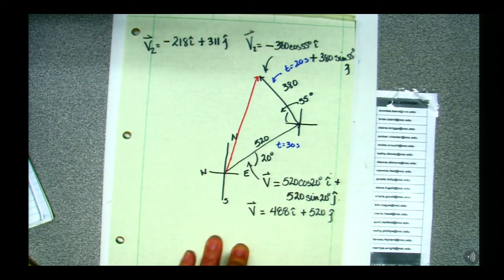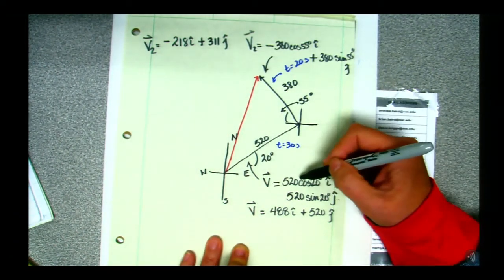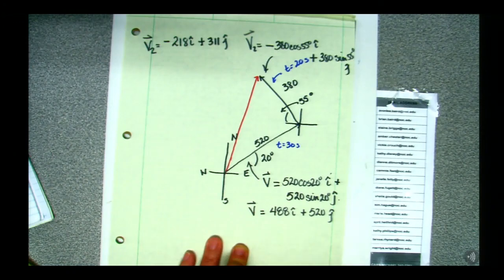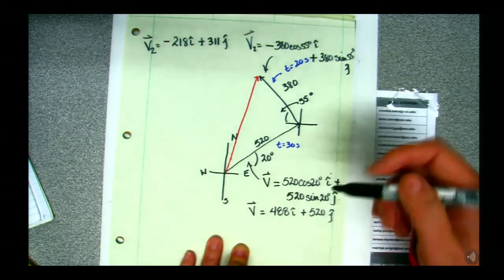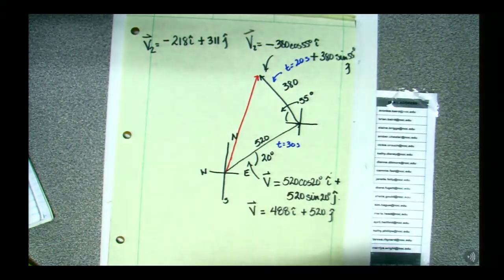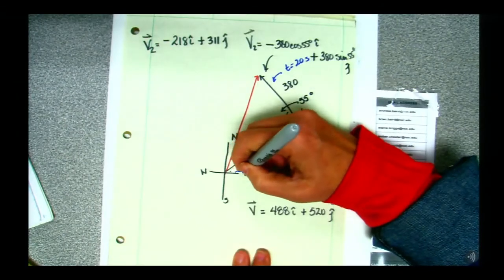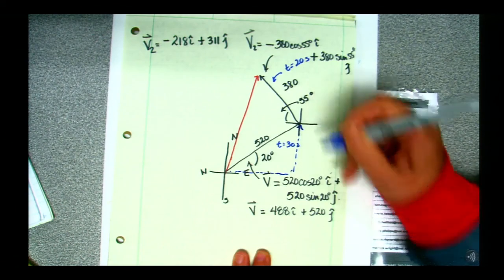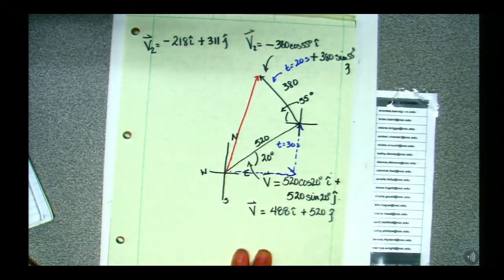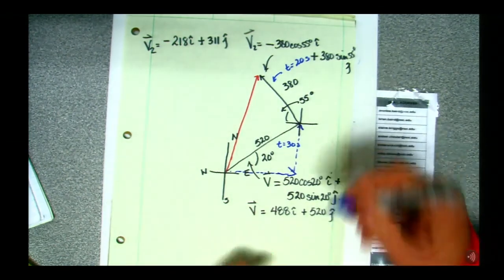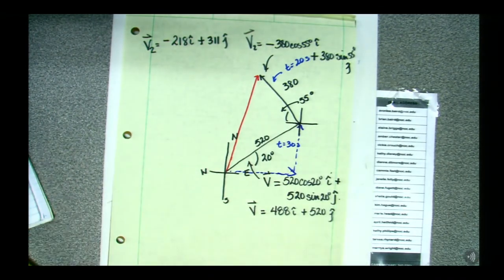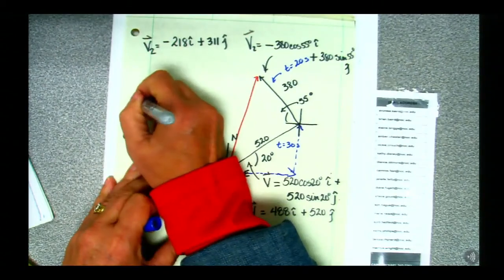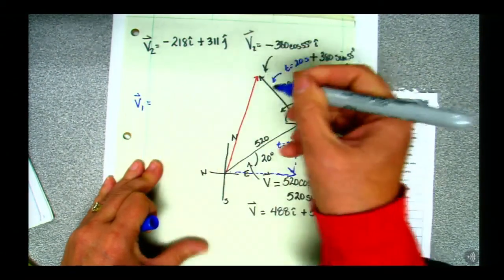So everybody's, yeah, we got 488. 520 times the cosine of 20 degrees. Basically what I did is I broke it up into its two components, and then I wrote it in vector form. So now I have the two vectors. So I have vector 1, and that's